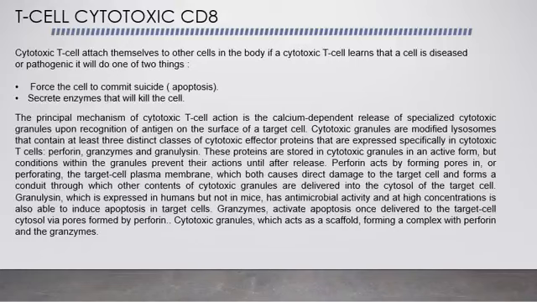So let's see how the cytotoxic T cell works when there is an intracellular infection, for example, a viral infection. The dendritic cells from the site of the infection migrate to the nearby lymph node and present the viral antigen in the form of the MHC class 1 complex. The naive CD8 positive T cells bind to the antigens and at the same time